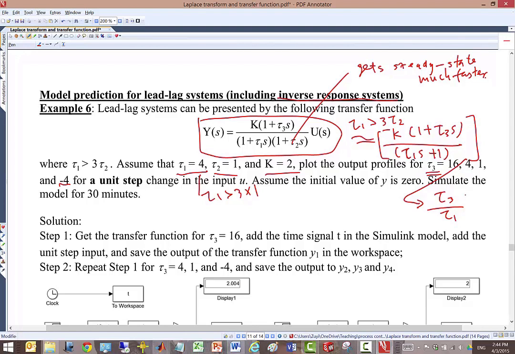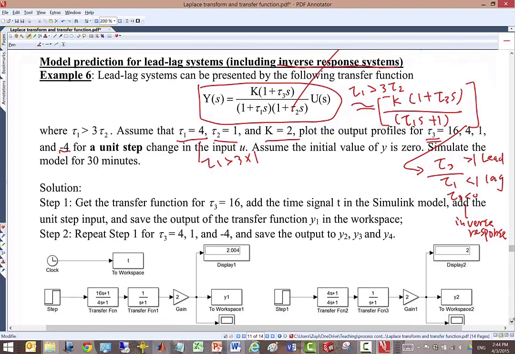As I mentioned, if tau 3 is larger than tau 1, it's a lead system and makes the system faster. If it's less than 1, it's a lag system and makes the system slow down. If tau 3 is less than 0, it's an inverse response, right? Okay, now I want to show you the profile for different tau 3 to give you some demonstration for the lead-lag and